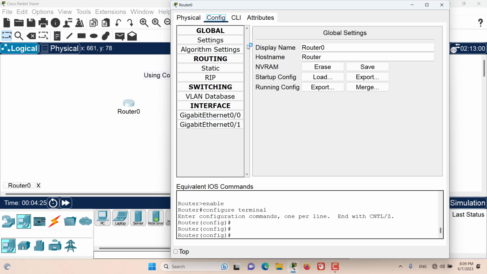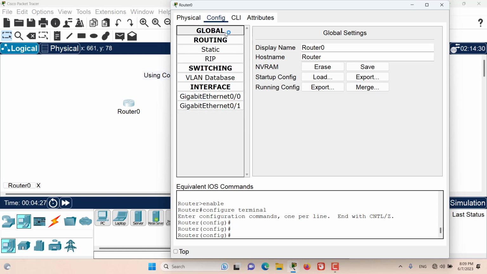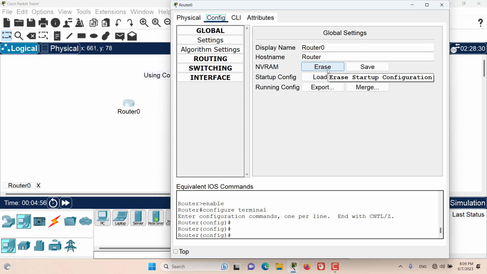It is divided into four general levels: the global level, the routing, switching, and interface level. Let's go here to the global level. We have the settings, the display name of how this router or this device will display in Packet Tracer. The host name is the name of this device in the IOS config file. If we try to erase the NVRAM, that means to erase the startup configuration. And of course, if we try to save to NVRAM, that means saving running config to